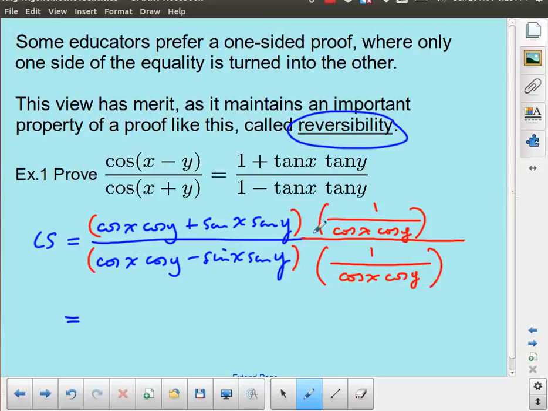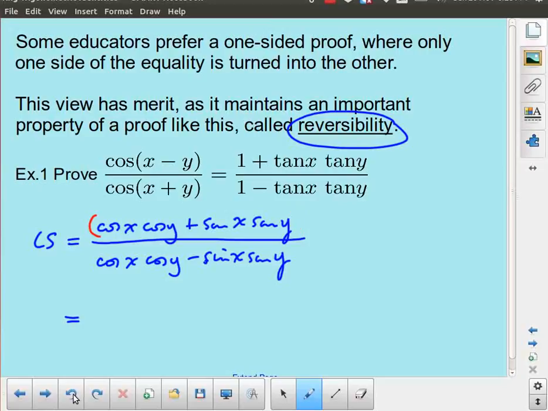And if I do that, I'm going to accomplish what I was hoping for, which is I'll have cos x cos y divided by cos x cos y, and I'll have sine x sine y divided by cos x cos y, turning it into tan. And if you go ahead and complete that algebra, you're going to end up with what we were looking for here. But I'm going to take a slightly more, what I consider to be a mathematically elegant or insightful approach,